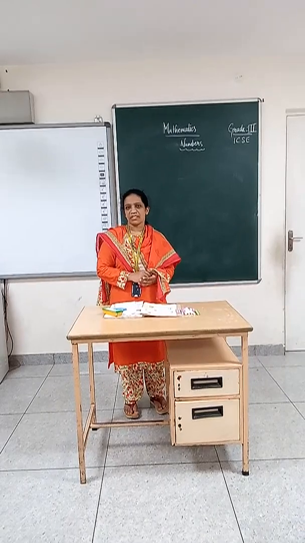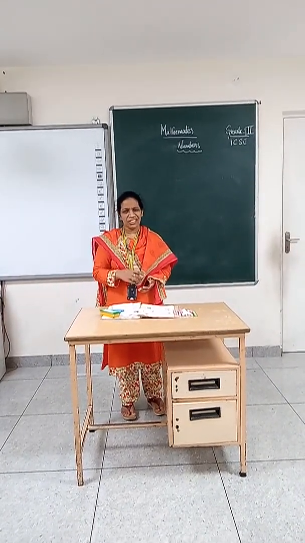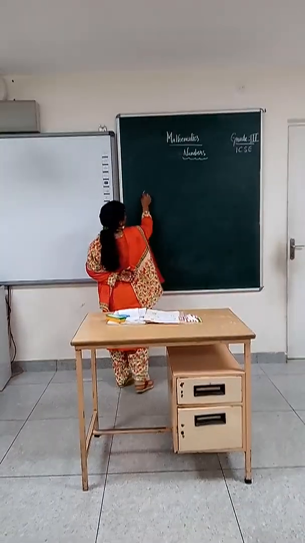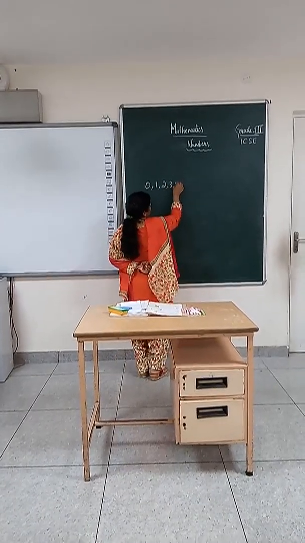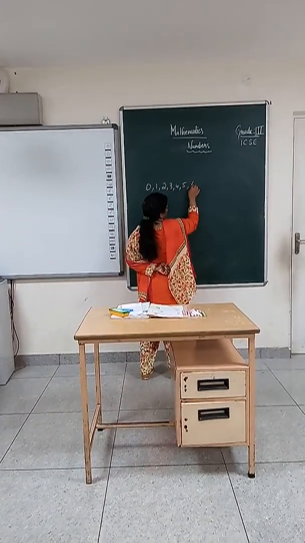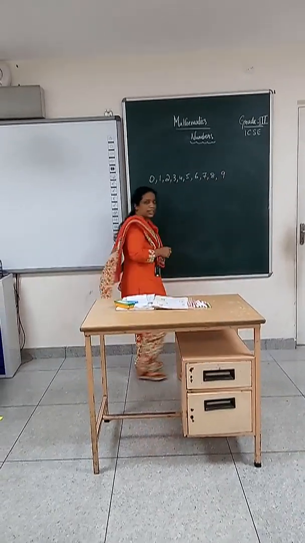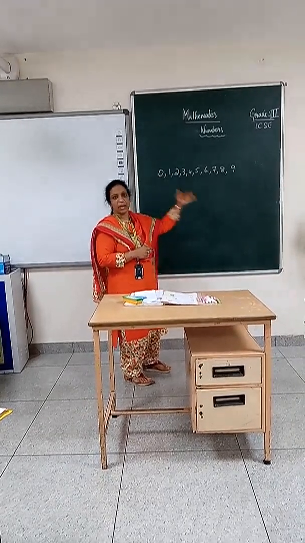So yesterday we just learned how to represent numbers in 3 digits, 4 digits, and 5 digits. Let us have a small recap. So now we use the digits 1, 2, 3, 4, 5, 6, 7, 8 and 9 to represent the numbers. These were the digits that we used to represent the number.